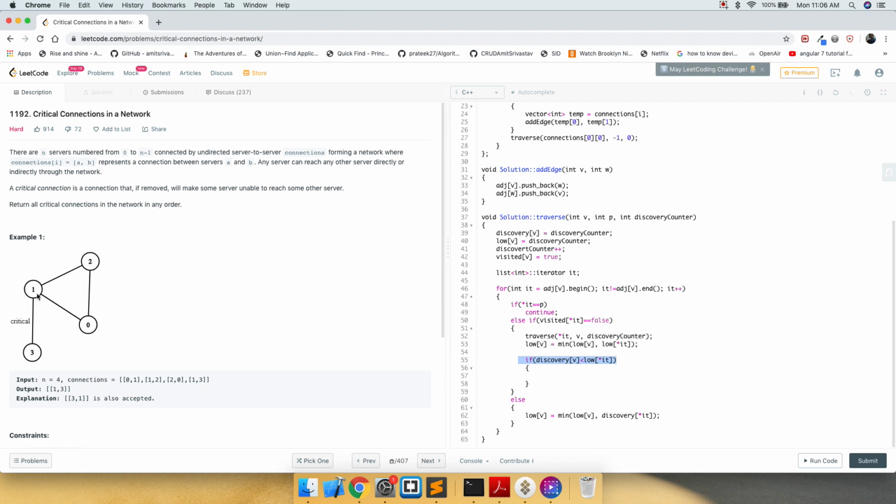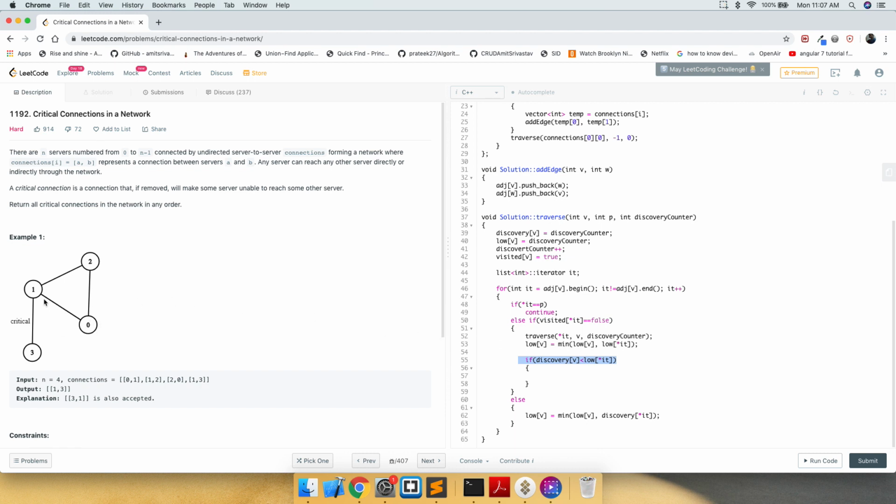If we just consider the case of 1, let's say we are at 1, and for 1 we see that its value is updated by 0. As you know, we started from 0, so the discovery counter, or the visiting time, for 0 was 0.